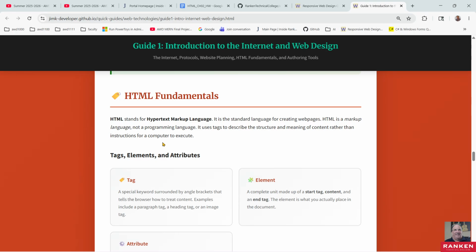We'll look at that a little bit too, eventually in this course. But HTML is a markup language, not a programming language. JavaScript's a programming language. C#, that's a programming language, right? But HTML is what's considered a markup language, right? It uses tags to describe the structure and meaning of content rather than instructions for a computer to execute,